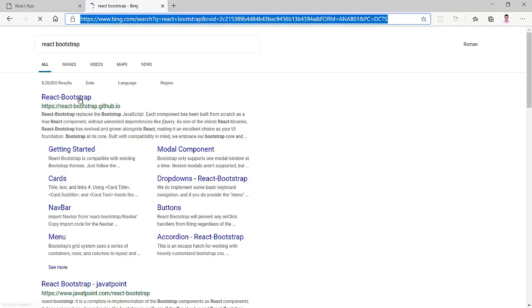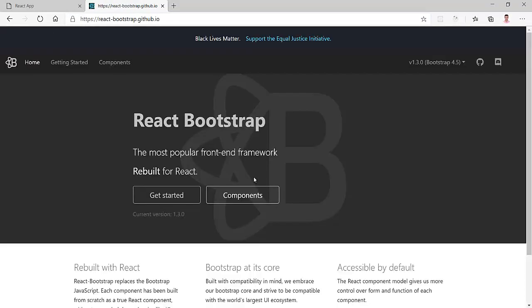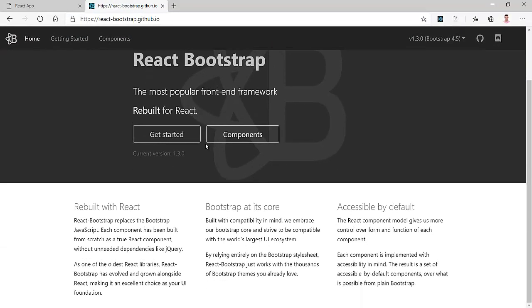It is reloading now. So there are some attributes, some properties here that we have to mention. See that here is React Bootstrap, so this will tell us about that. I'm showing you the documentation because it will help you a lot. So here see the components.